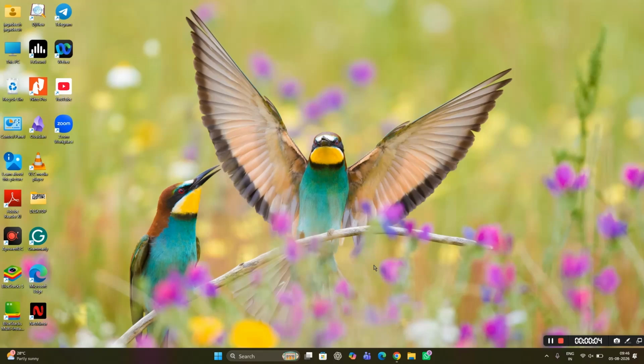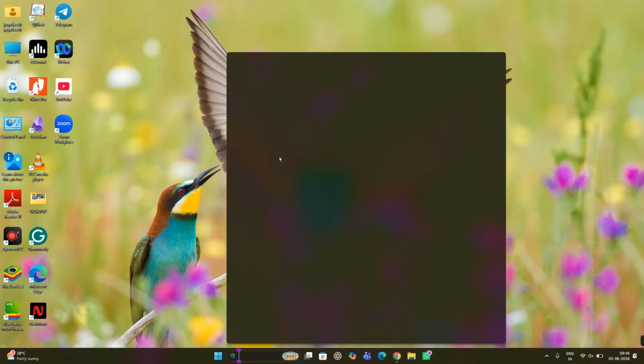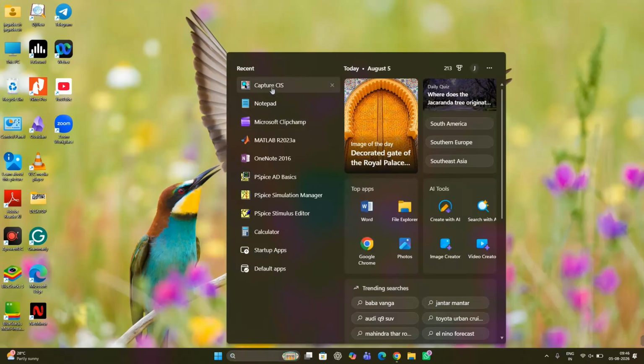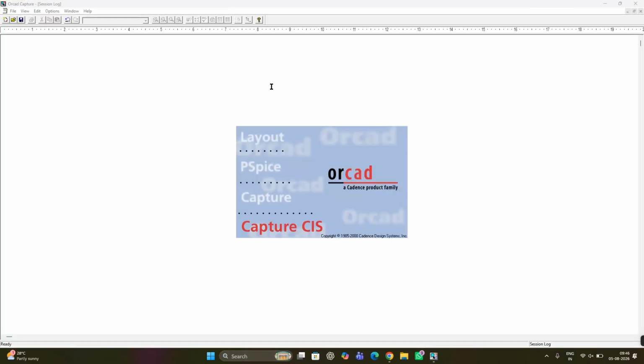Welcome learners. Today we will see how to simulate maximum power transfer theorem using PSpice software. For that we need to open PSpice software. So click on Capture CIS,